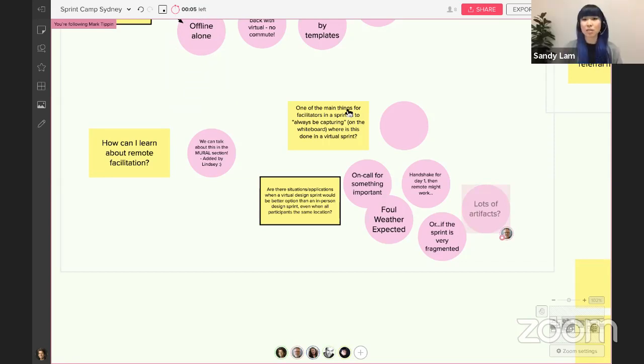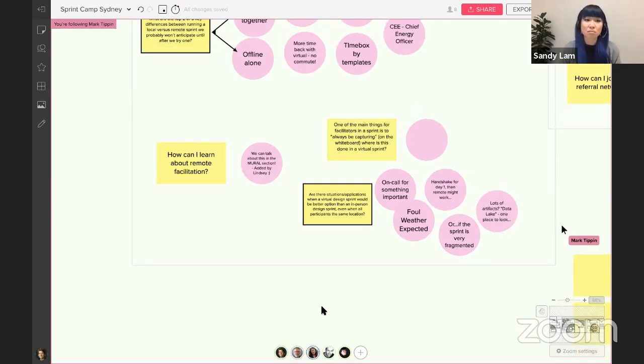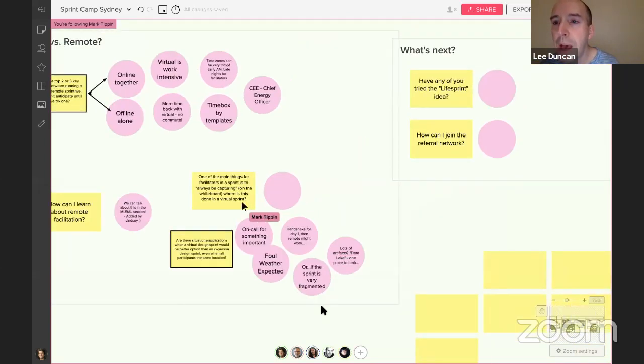And I have actually gotten feedback from the workshops, the design sprint that I facilitated before, to say that actually they felt running it remotely was more efficient than doing it in person. So. Yeah, one other little thing I want to add is I do a lot of enterprise sprints,